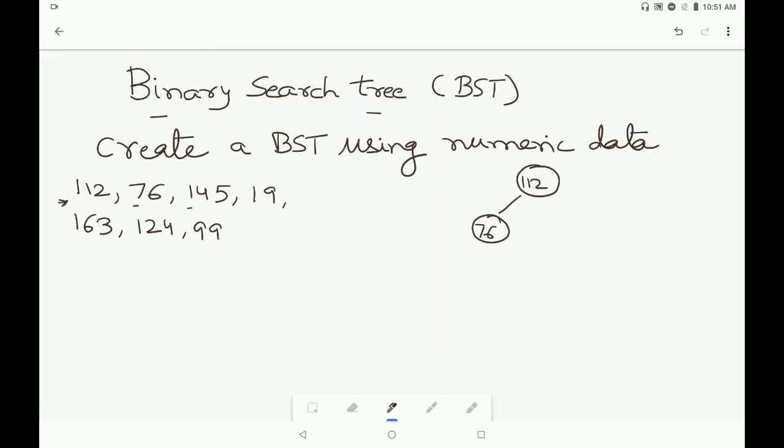Now the next element which is coming is 145. Again we will compare this 145 with the root node. Here 145 is more than the root node, so it will be inserted at the right side of the root node, like this.